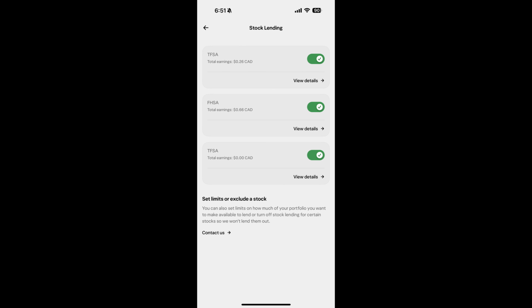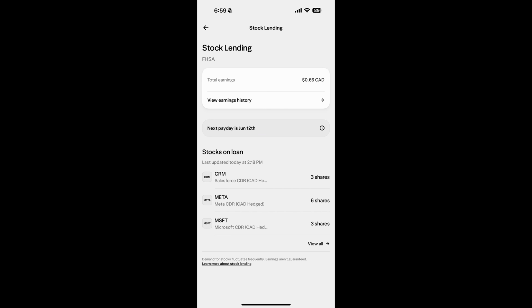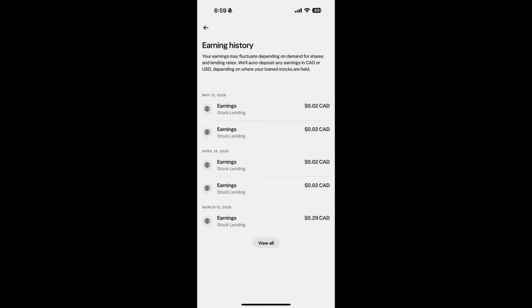Once stock lending is turned on, you can come back to the same page anytime to track what's happening. If you tap on View Details, you'll be able to see which of your stocks are currently being lent out, along with your total earnings so far. And if you want a more detailed breakdown, tap on View Earning History. This shows you how much you've earned month by month, which is useful if you want to track your progress